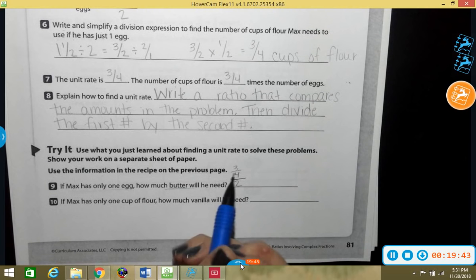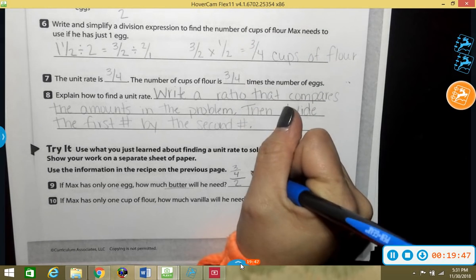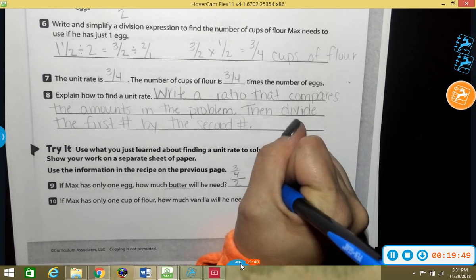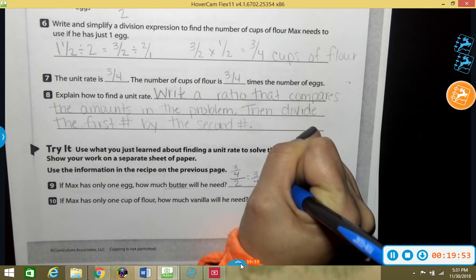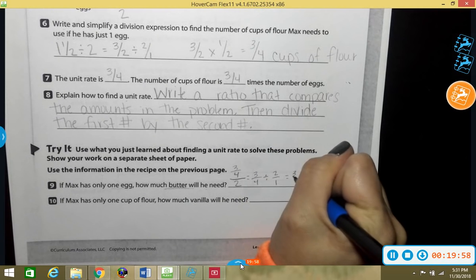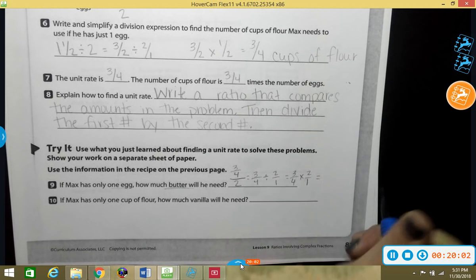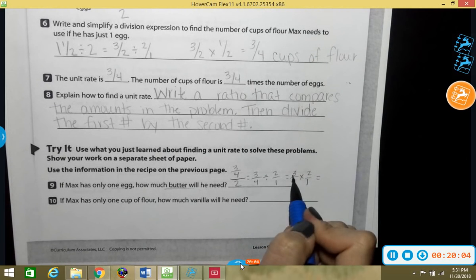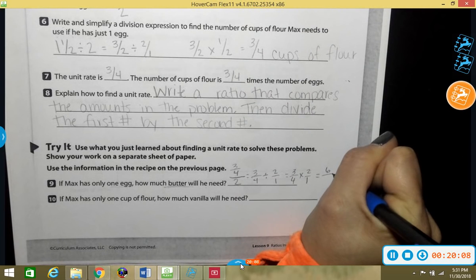So now this is a complex fraction. We need to simplify it. So this equals 3/4 divided by 2 over 1, which is the same thing as 3/4 times 2 over 1. Again, you just multiply across. 3 times 2 is 6, and